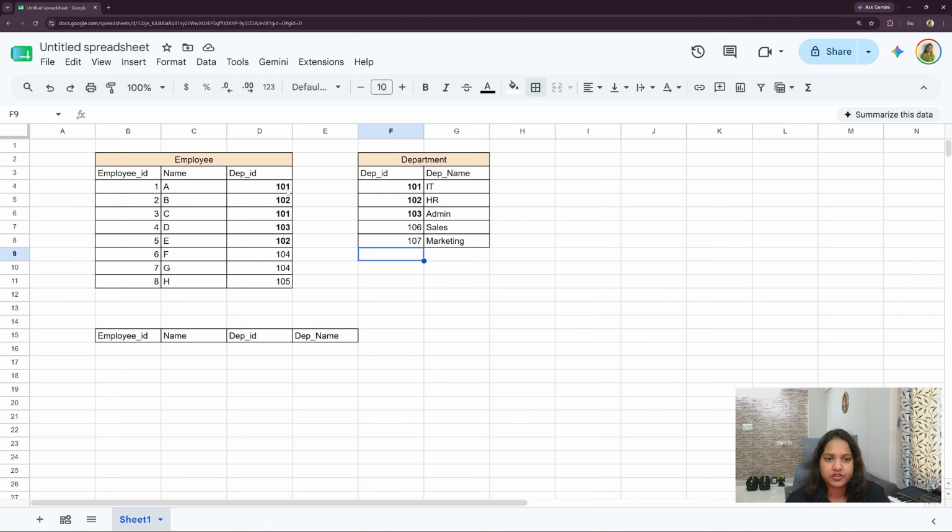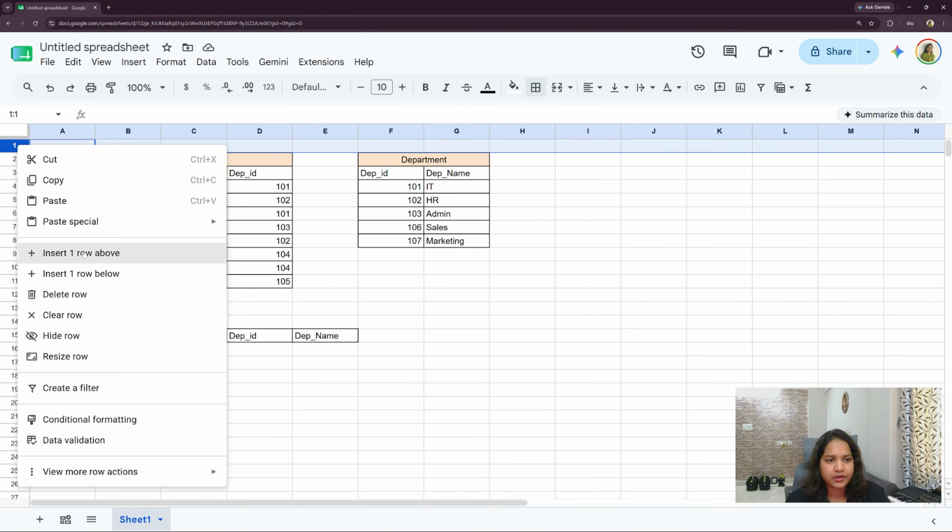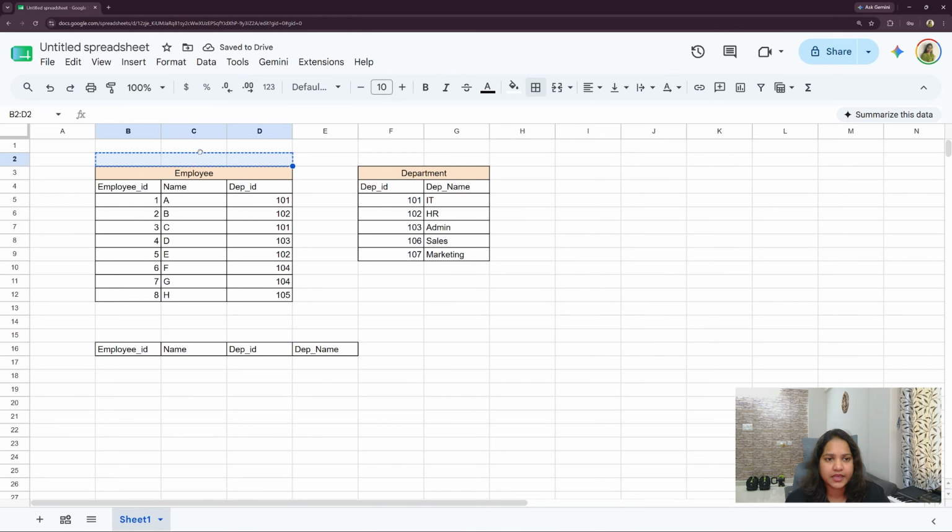Now let me show you what happens in left join. Whenever you are taking a left join, you should declare one table as your left table. That will be your main table. Which table is the left table? The table to which I want to join the other records. For now, to this employee table I want to join the department name, so this will become my main table. You can call it the main table, the base table, or the fact table, anything is fine. So to this main table employee, I will add the department name.